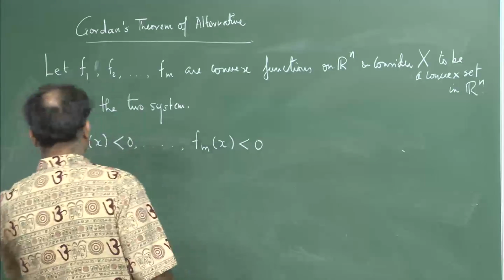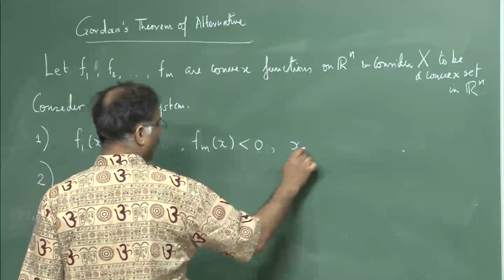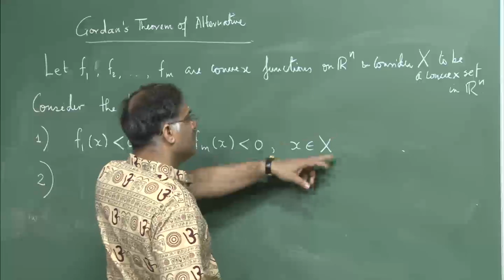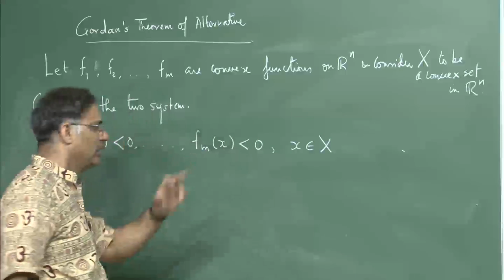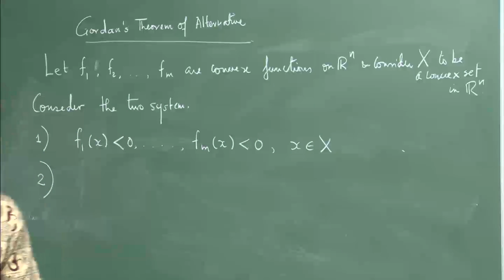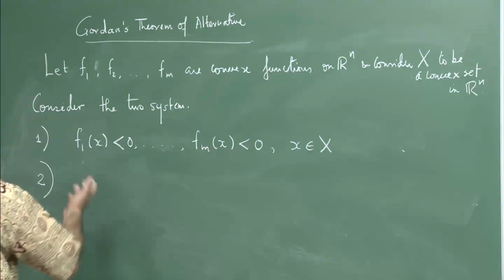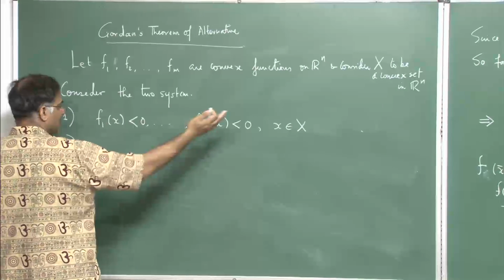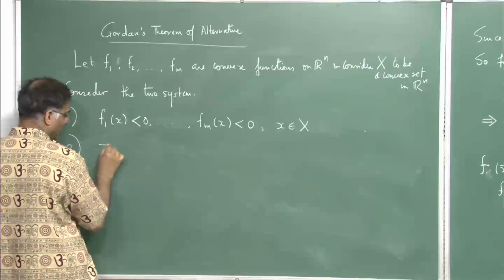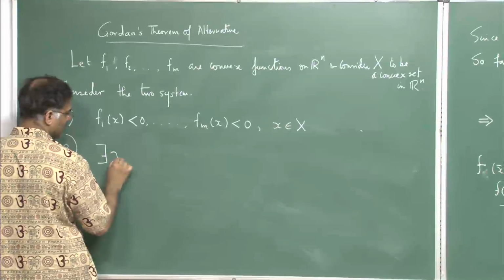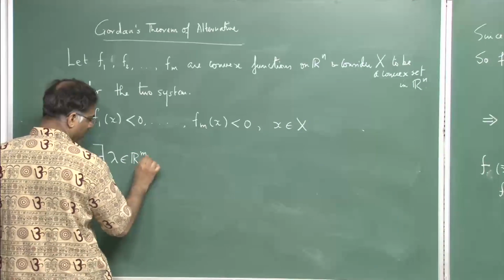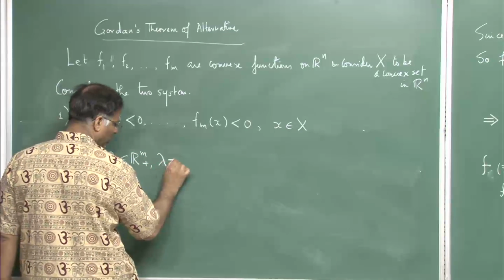So, this is one system where I am expecting that if this system is solvable, there is an X in this convex set X for which all of these give me a value strictly less than 0. And the second system is, if this system does not have a solution, this will have a solution: there would exist lambda an element of R^m_+, and lambda not a 0 vector